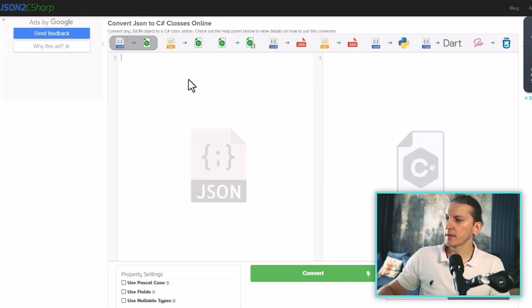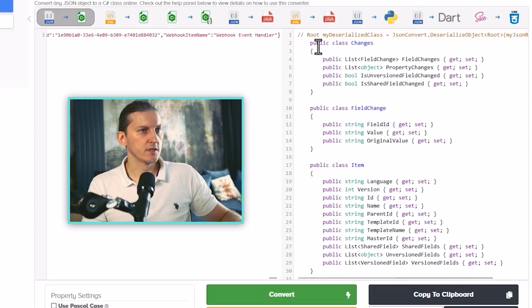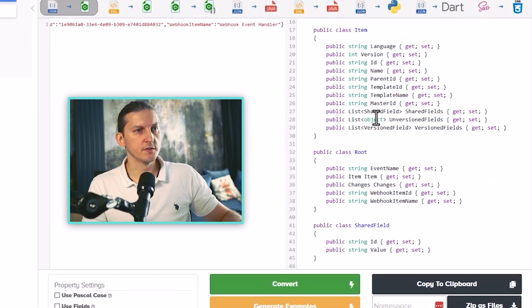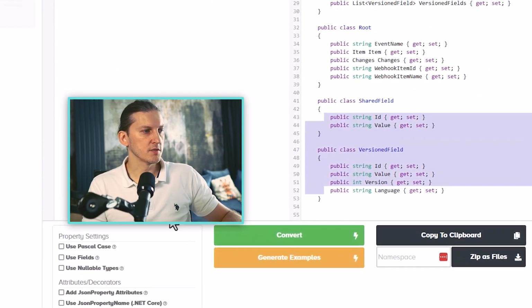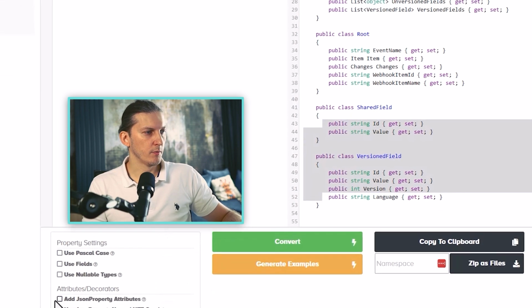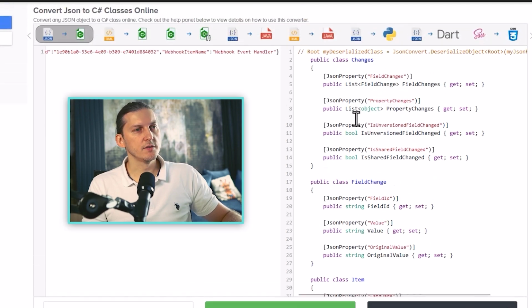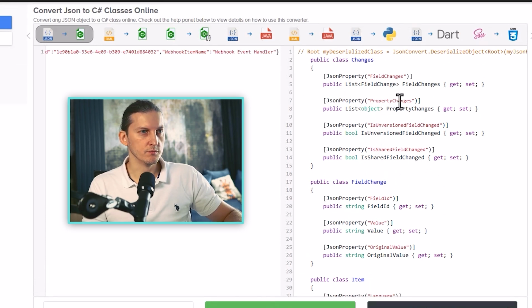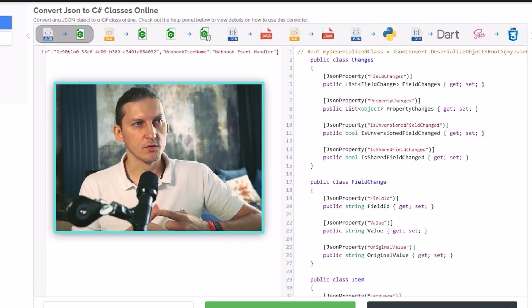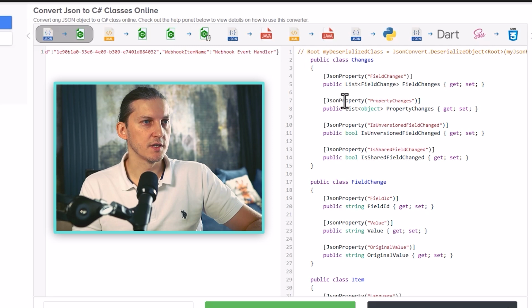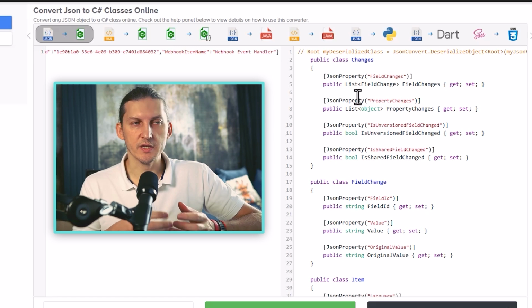classes online, and this will quickly extract classes and hierarchy in these simple classes. You can also add the JSON property attribute, and you can then tidy it up and use it in your implementation so that you don't need to type all the properties manually. So now if we take these classes and use them in our implementation, we can then take the JSON